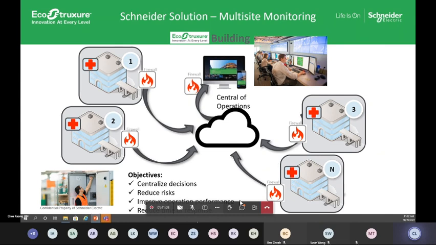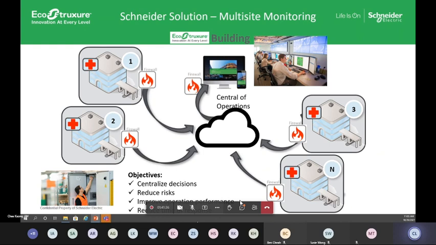Those of you who do not know Indonesia geographically, Indonesia covers almost as wide an area as Southeast Asia, with multiple islands all over the place. This hospital group has hospitals across the entire archipelago. And today, we are really proud to say that a Schneider system is there, providing centralized monitoring for this hospital group across the archipelago.